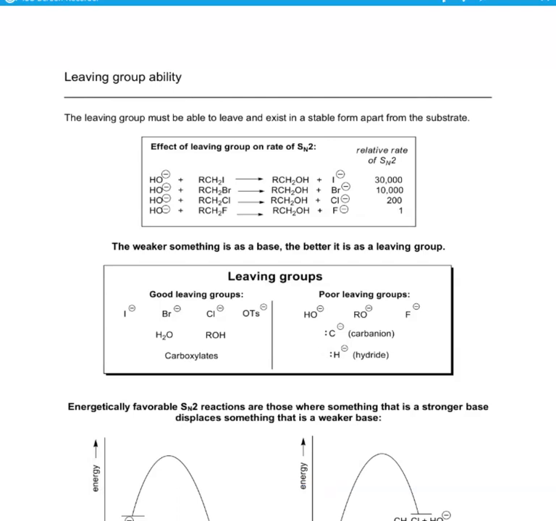Let's turn our attention now to the leaving group. So we're going to look into the leaving group for a little while, and then we're going to do a recap of what we've seen so far based on our discussion of SN2 before we move on to some other things. So the leaving group overall has to be able to depart from the molecule and exist in a stable form away from the substrate,